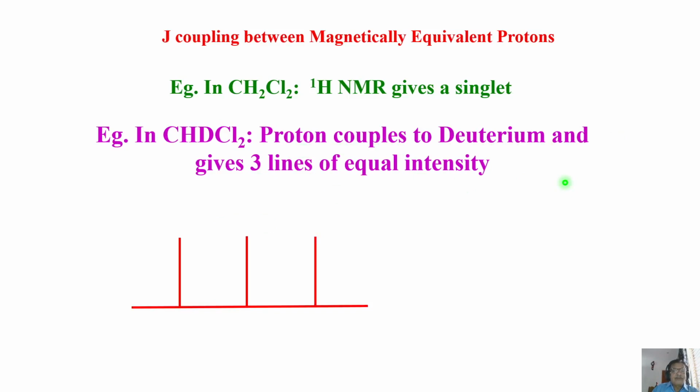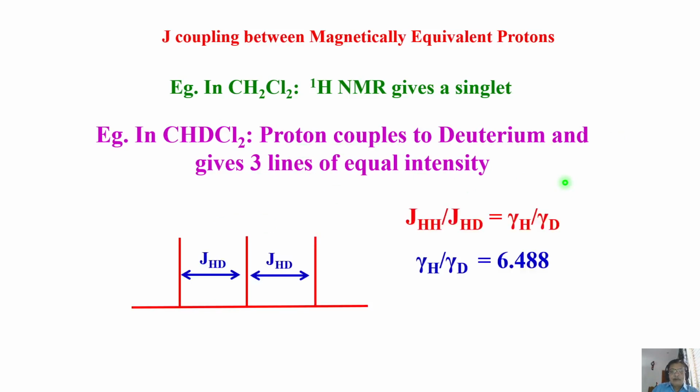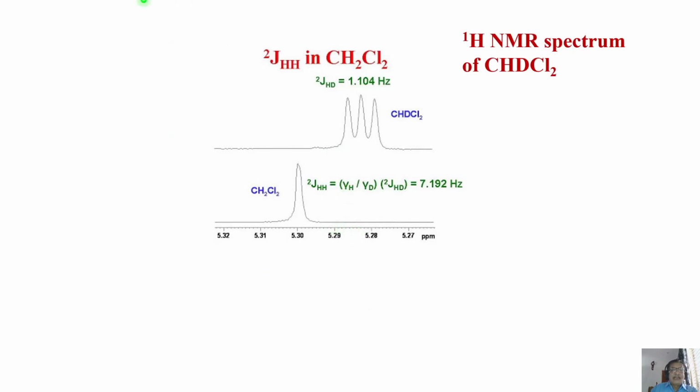Okay, I got 3 lines of equal intensity. What did I get? JHD here. Simply plug in the values that I gave you. Now I got this value. And literally in this CH2Cl2 molecule, in the real NMR spectrum when it was recorded, you see the 2-bond HD is